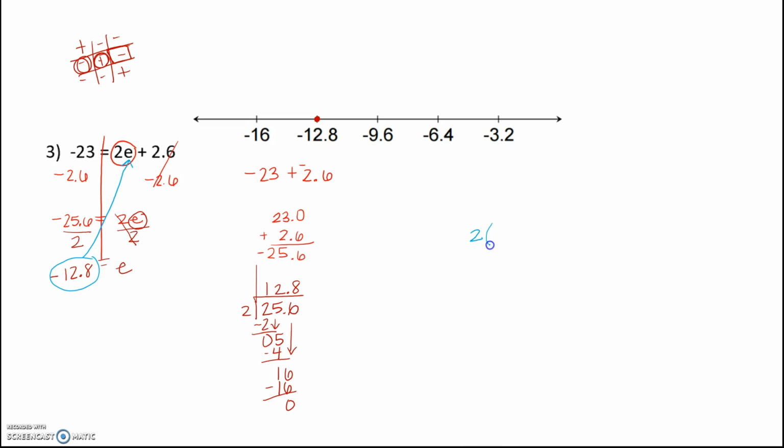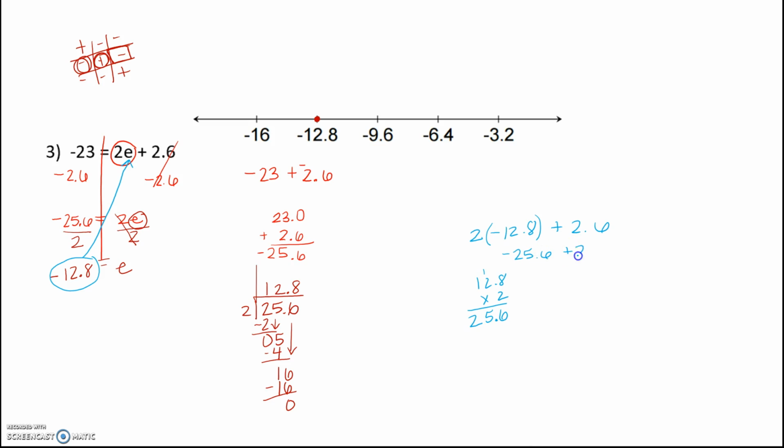I'm going to do 2 times negative 12.8 plus 2.6. All right, so 12.8 times 2. 2 times 8 is 16. 4, 5. 1 times 2 is 2. Okay, so I have negative